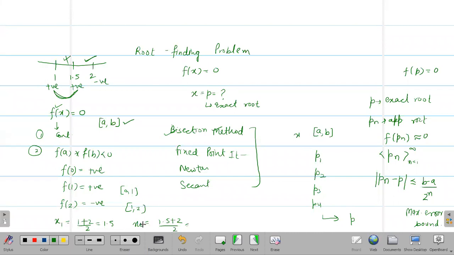So now what will be the stopping criteria in this case? Suppose I am checking x1 minus x2, meaning I found two iterations. If it is less than your tolerance, which will be given to you, then x2 will be your root. So after each iteration, you check whether x1 minus x2 is less than your tolerance. Otherwise, you have to find the third iteration, which means you have to apply bisection again. After finding the third iteration, you again check x2 minus x3. If it is less than your tolerance, then it is okay. Otherwise, you have to find x4. So this way you will proceed.